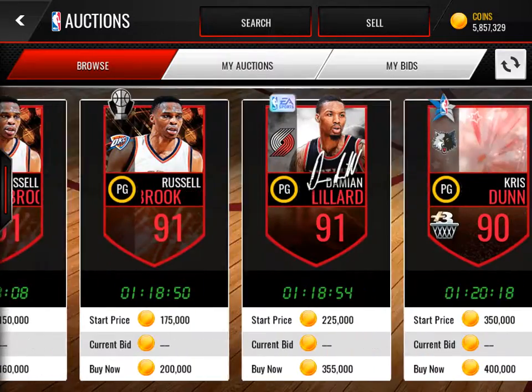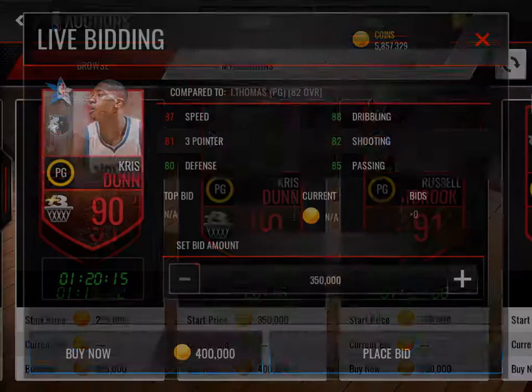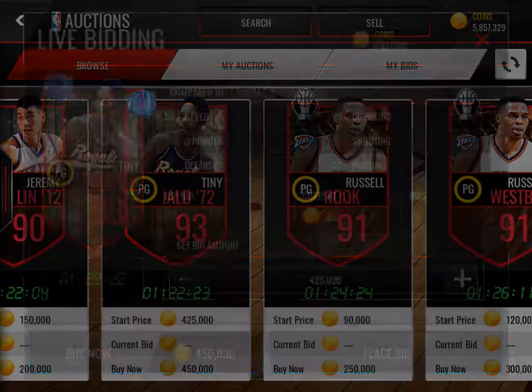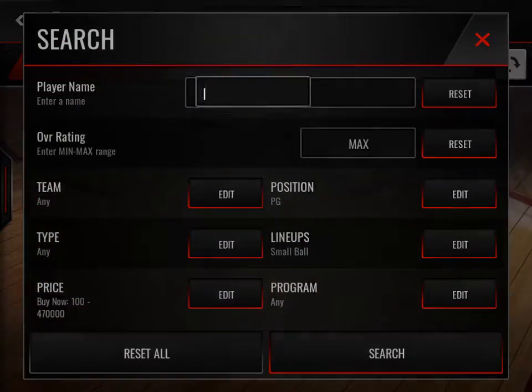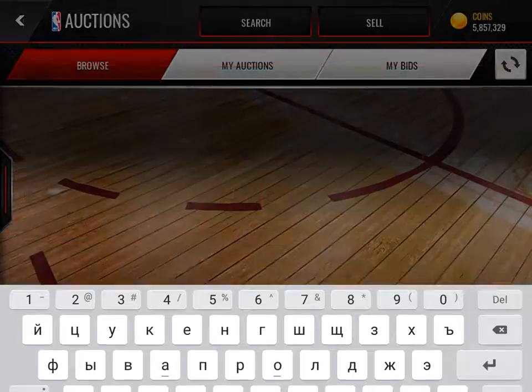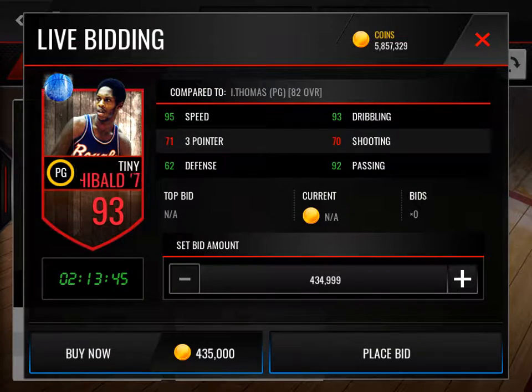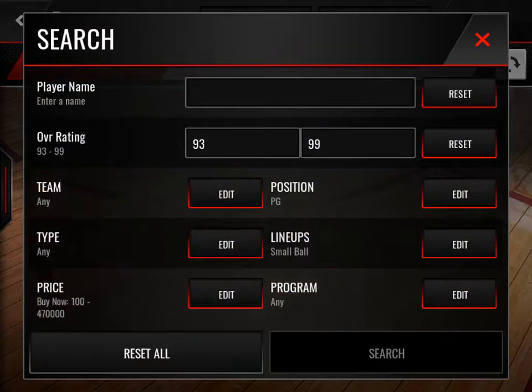Are there really no other cards? Ooh, Chris Dunn. Nate Archibald. Okay, I'm probably gonna pick up Nate Archibald because I heard his handles were amazing. 93 dribbling. Okay, I'm gonna pick up this card because I really love dribbling in this game. Actually,